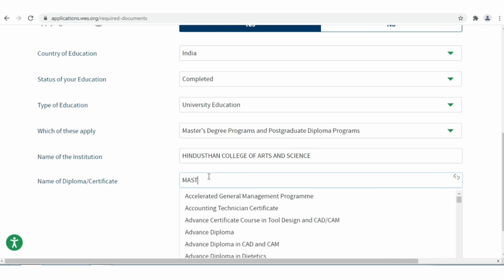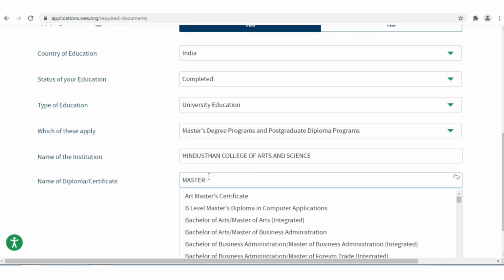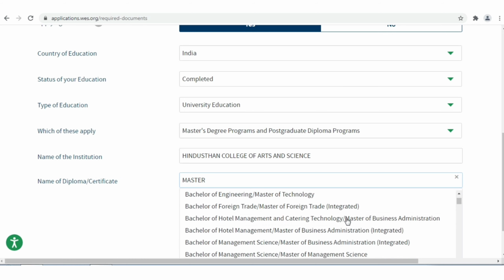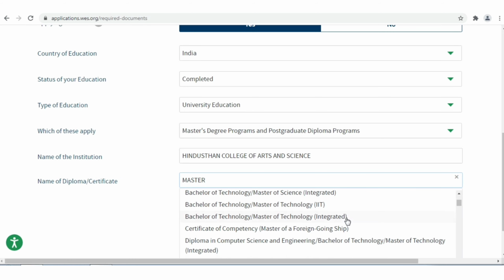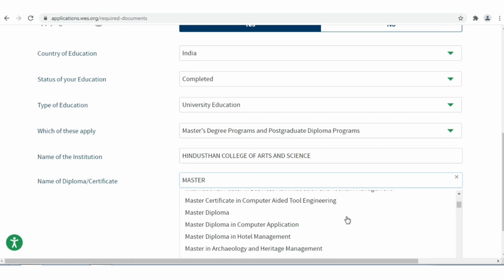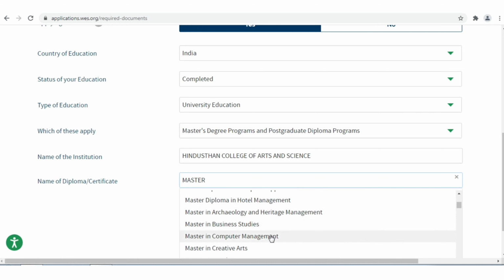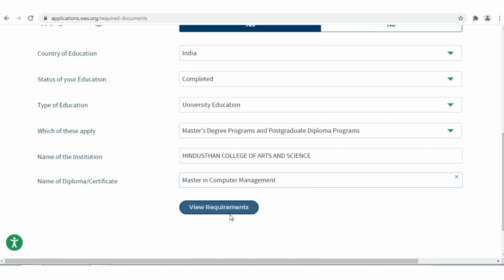Which branch you have studied, Bachelor of Engineering or Bachelor of Arts, Bachelor of Science. The courses you can select here. I select here Master in Computer Management. Next you can click View Requirements.